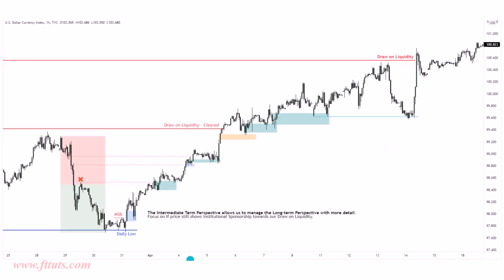Okay. And you want to ask yourself, is institutional sponsorship still remaining bullish when we clear our drawn liquidities? So this is how you can manage the parent order flow. Did we take the draw liquidity and break down lower? No, we didn't. Institutional sponsorship still remains bullish, and we can see that in the form of imbalances holding, which